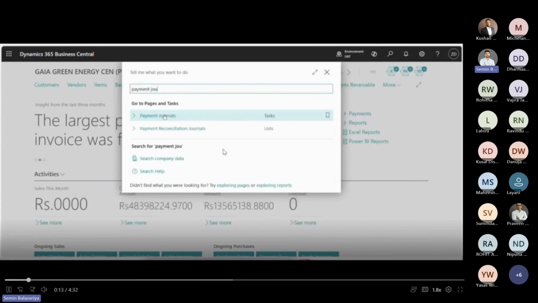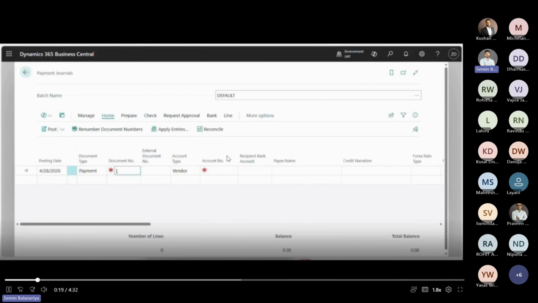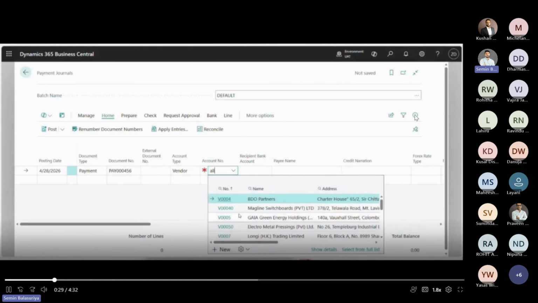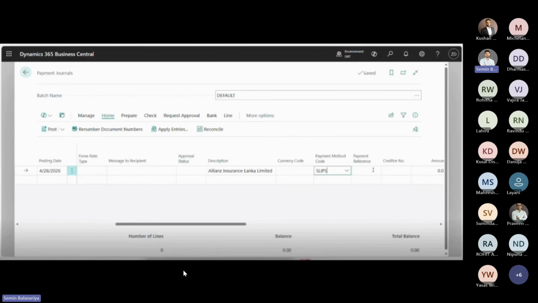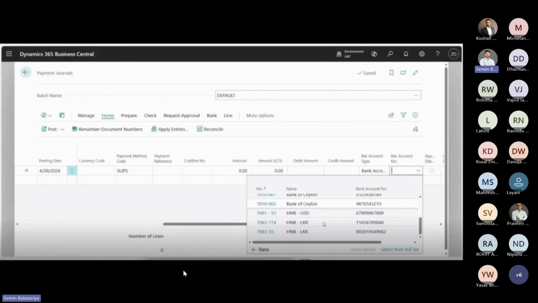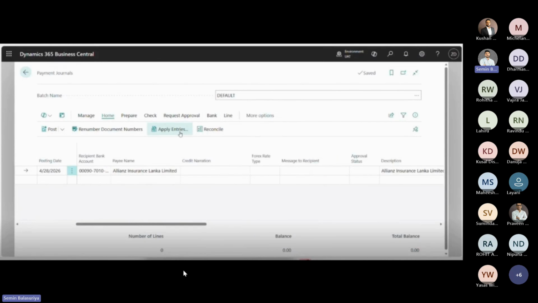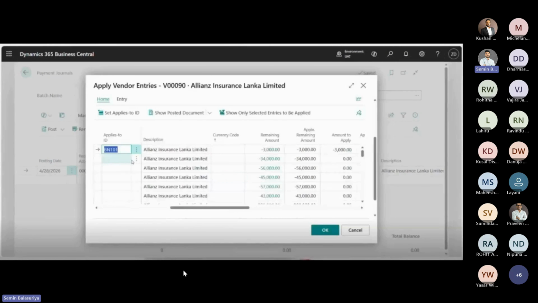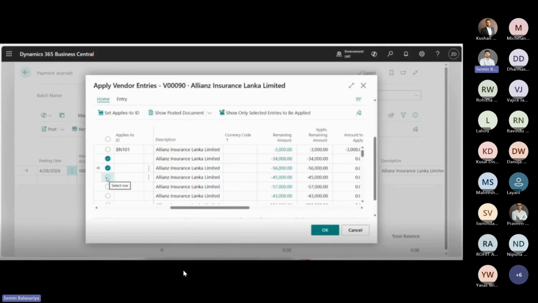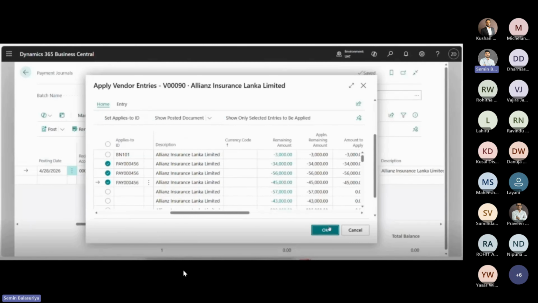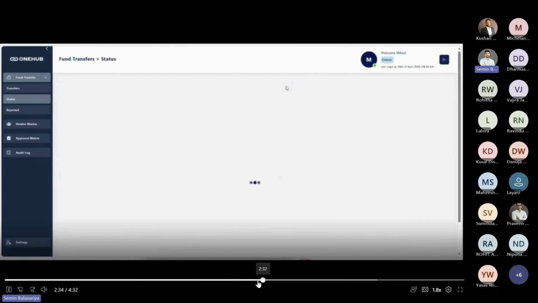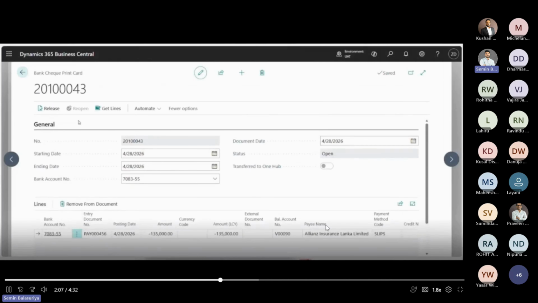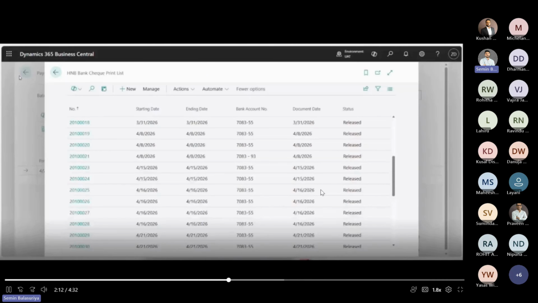So this is the Business Central interface where you create a payment from the payment journal to a vendor of your own choice. It'll be the same procedure for other ERP systems as well, in how you raise a payment. In this case, you apply the vendor entries from Business Central to the vendor where you need to make the payment. And then if I skip a little bit forward, once you have posted the payment from Business Central,